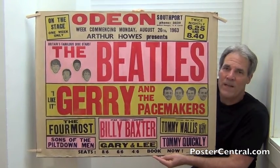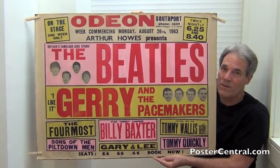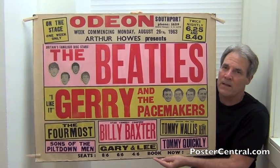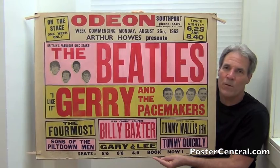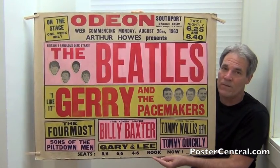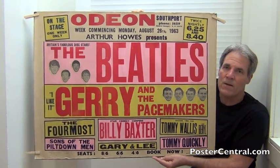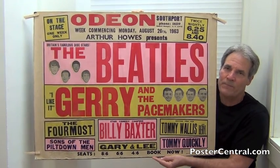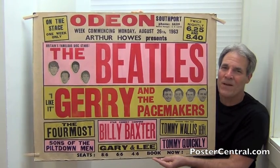And one really nice aspect of this, a big bonus, is, yep, there they are, pictures of the Beatles. Wow, now when it comes to UK concert posters, that's not a common sight at all. All of 1961 and 62, all their Liverpool and so forth concert posters had no photo. Even early 63, no pictures of the Fabs. And then finally in the spring of 63, their pictures start appearing, commensurate, of course, with their rise in popularity, naturally. Now, as you can see, it does say there above their pictures and so forth, just love that wording,